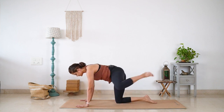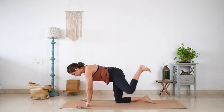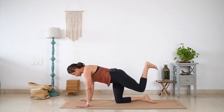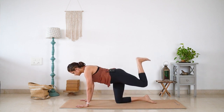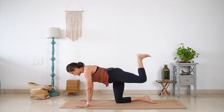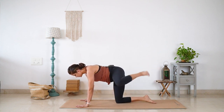Now left leg. Find your momentum first. Get the movement to become comfortable and we begin. 1, 2, 3, 4, 5 and reverse. 1, 2, 3,